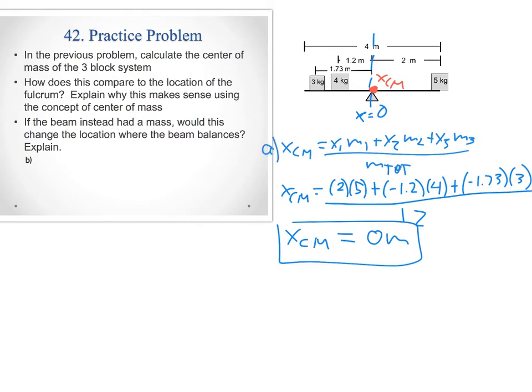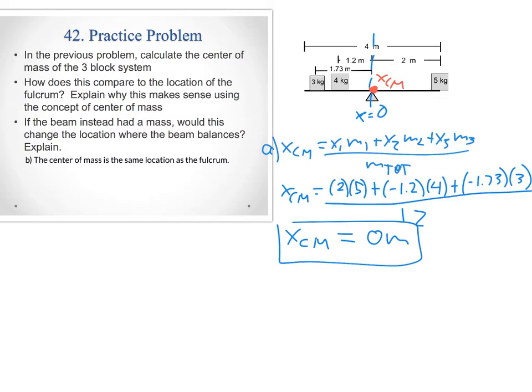Moving on to part B, we want to state how this compares to the location of the fulcrum, and we can see, of course, that it's the exact same position as our fulcrum, and we want to know why this makes sense using the concept of center of mass. The reason this makes sense is that the center of mass is the average position of the mass in our system, which means that the average location of the force of gravity acting on our system is right